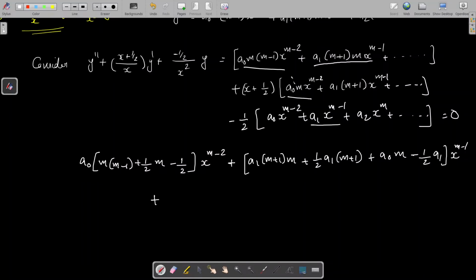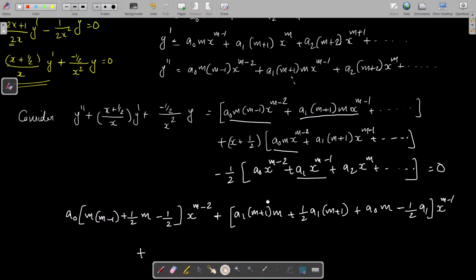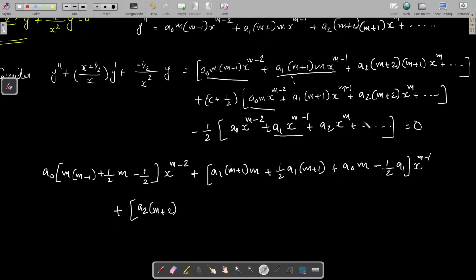Plus, now we have to combine terms with x raised to m. Okay, so we have to write the next term here actually. Here the next term is a term with x raised to m. So when you write the expressions, you need to write at least 3 terms. Now let us write terms with x raised to m. Here there is a term with x raised to m. Let us start with that. That is plus a2 into m plus 2 into m plus 1. We can write x raised to m after the bracket. So plus in the second expression where there are terms with x raised to m. Here there is a term a1 m1 x raised to m minus 1 into x. That involves a term with x raised to m. So we can write plus a1 into m plus 1, into x raised to m.